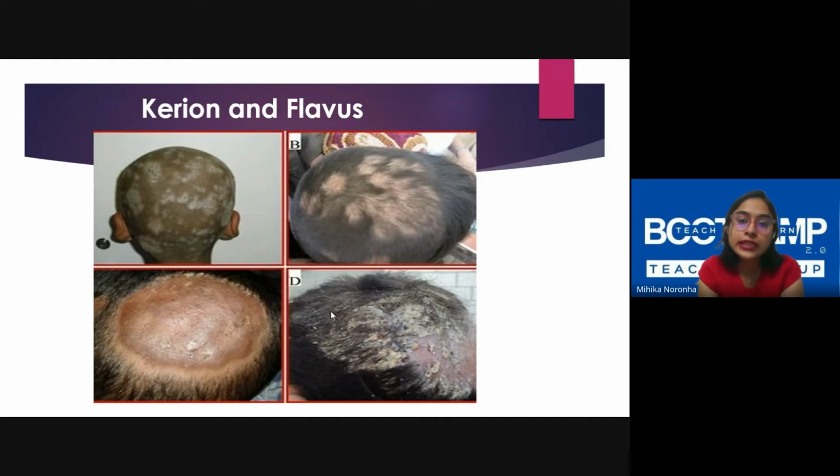Navneeta, the diagnosis would be favus. So this is also a fungal infection with crust, like what he said. If they are very adherent, you will not be able to remove them that easily. So you have to cut the shafts around the lesions and do the antifungal treatment. Then it will work effectively.